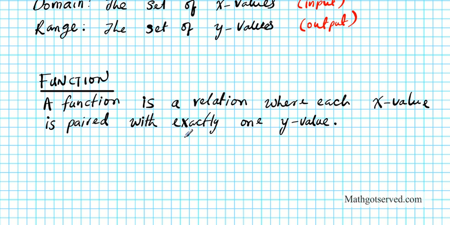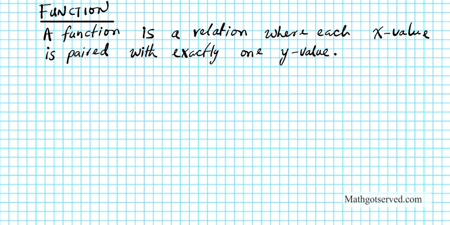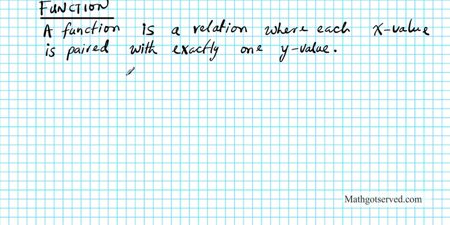So let's take a look at this definition in the context of the formulations I just showed you. Let's start with the set form. When is a set form a function and when is it not? I'll give you an example and then I'll see if you can figure it out. So let's take a look at example 1. What if we had this set? Consider this set right here. 1 comma 3